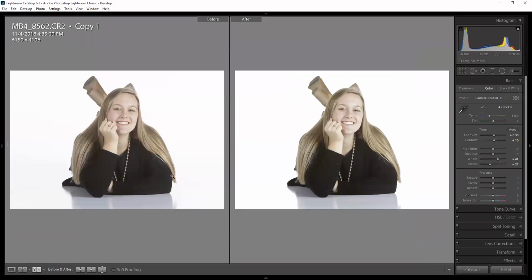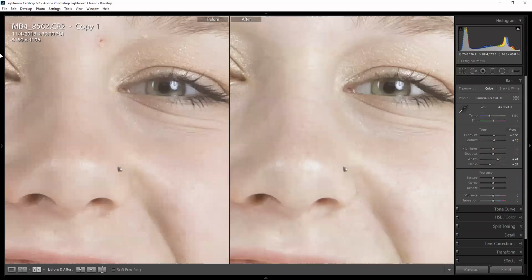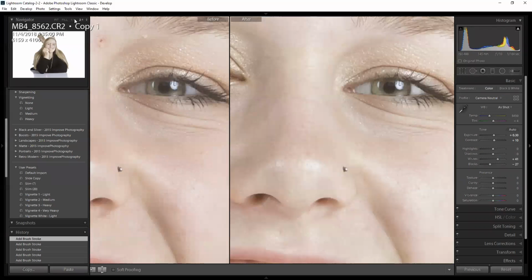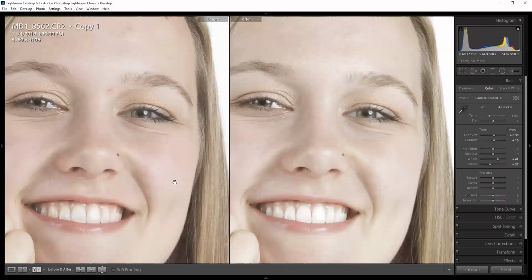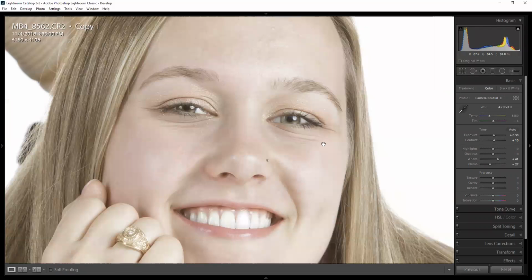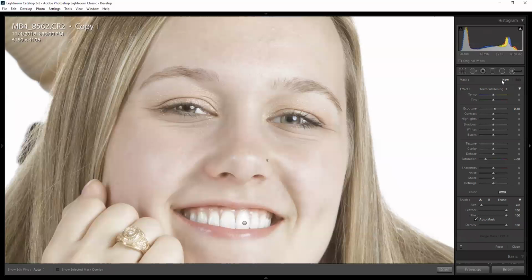There's a before and after tool that I can use. Whoa, let's zoom out a little bit. And you can see kind of where we start, where we are. Her eyes have a little more pop to that. And I can do more with this. I can come here and I can use my